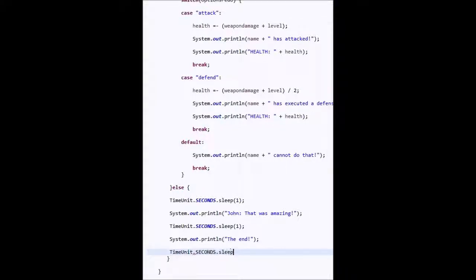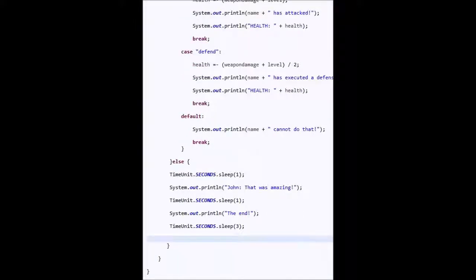Seconds.sleep 1. Actually, let's sleep it for 3 seconds. I forgot the semicolon. And then finally we can do sysout created by